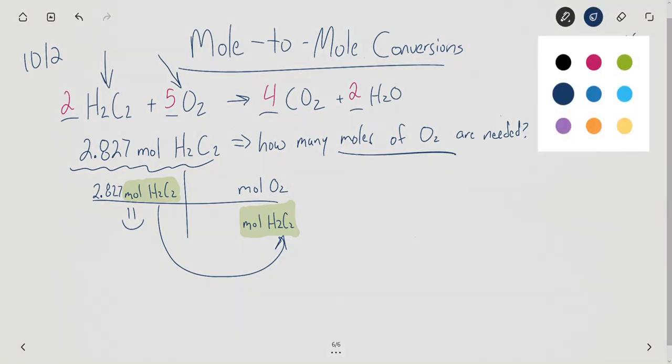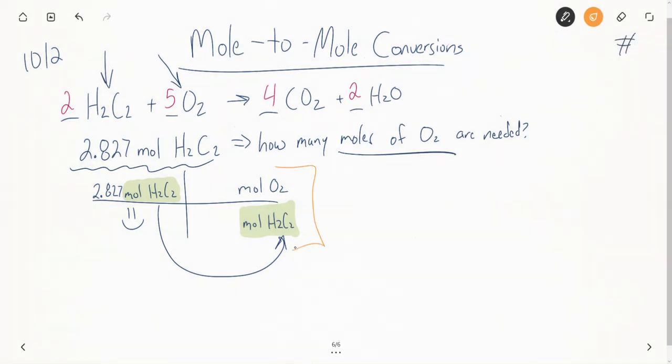So let me go ahead and write that. So right here, when you've got this, this is called a mole-to-mole ratio. Now we need to find out where we get these values. We have moles of H2C2 and we have moles of oxygen, and I need to convert between them. And the only way that we can do that is if we use our balanced equation up here that dictates